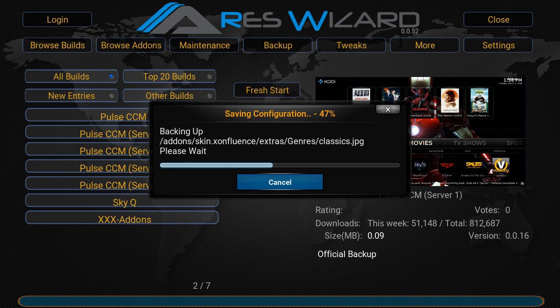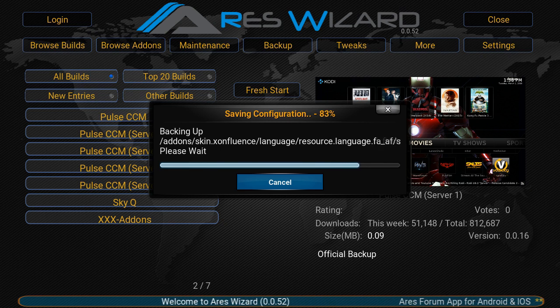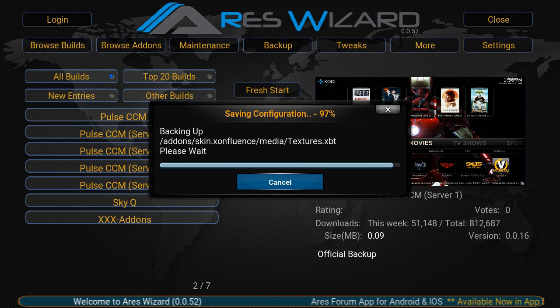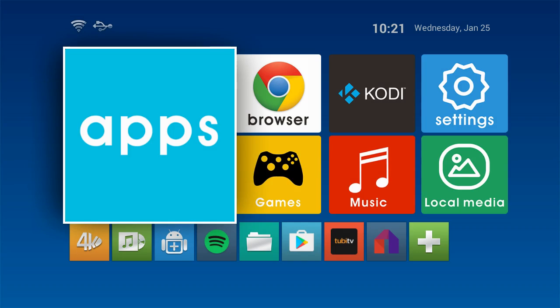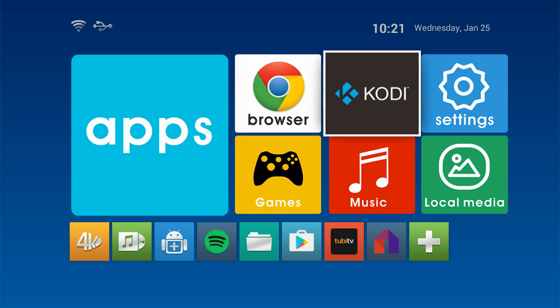And I do suggest that once you have installed a build and you like it, back it up. You know, if you do a restore and something was wrong with your backup file, so you had to build your build like we're doing right now with the Pulse build. You had to build it from scratch, or you had to build it from a download through Aries Wizard. Configure it, get everything set up, and then using the Aries Wizard, go to backup and create a backup file. So then that way, if something happens again to your build, you'll be able to recover quicker by way of your backup file. So now I'll go back into KODI